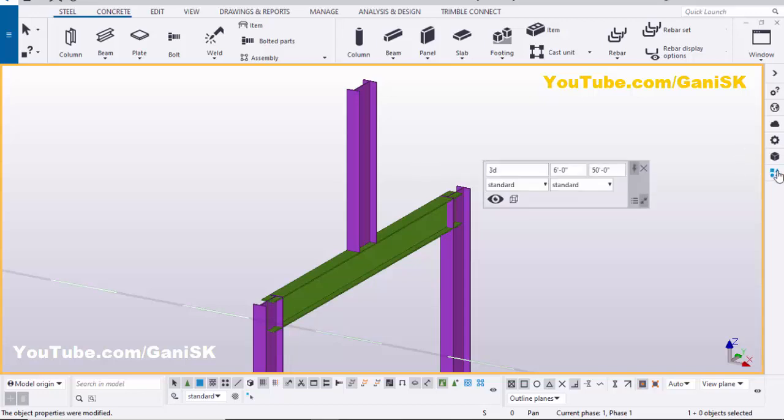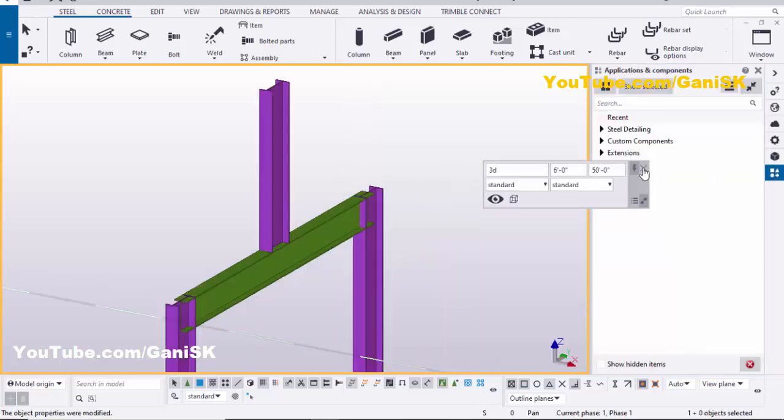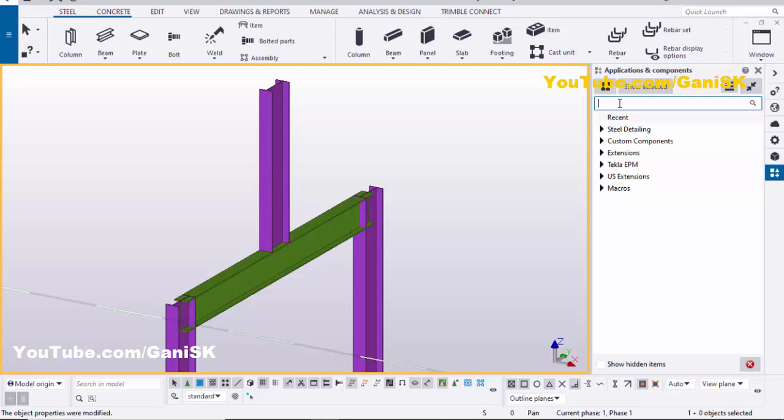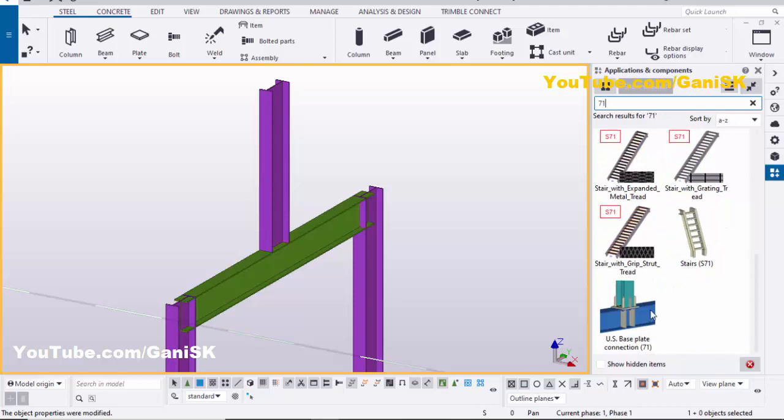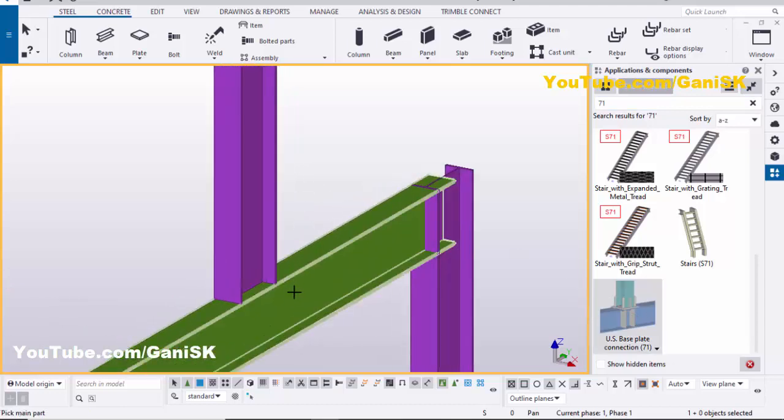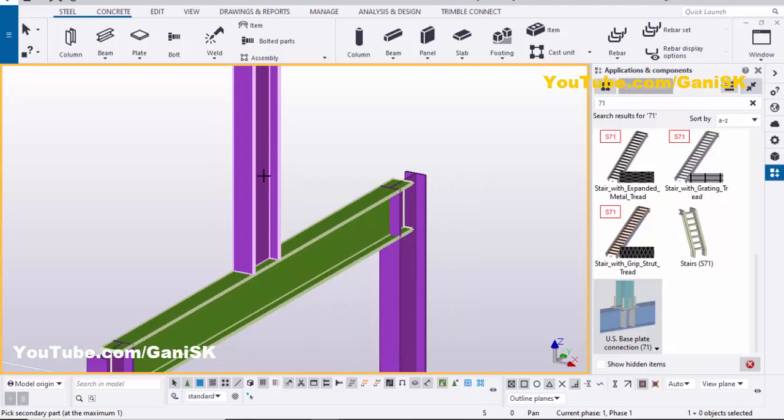Okay, now we're going to create the connection between beam to column with US base plate connection number 71. Click on application and components. Click on here, search box, and type number 71. Scroll down and select this US base plate connection number 71 component. Click on here. Now pick the beam first, then pick the second column. Now the connection will be generated here between beam to column,